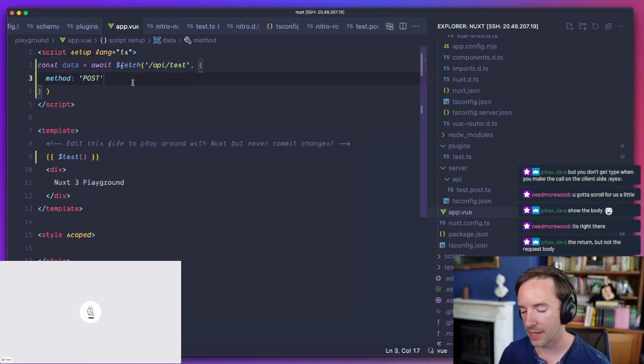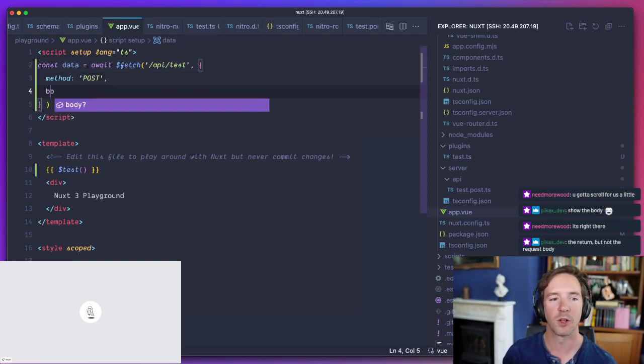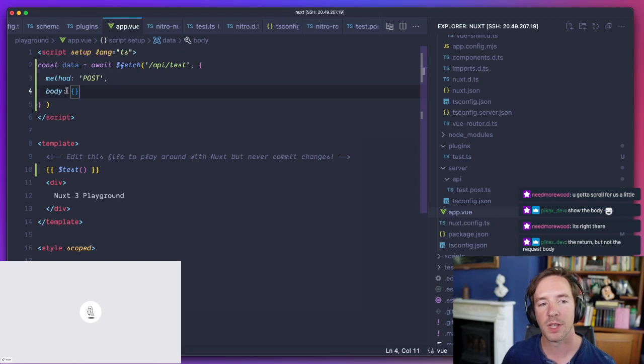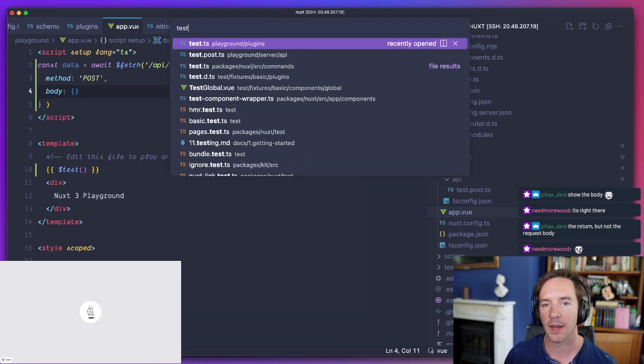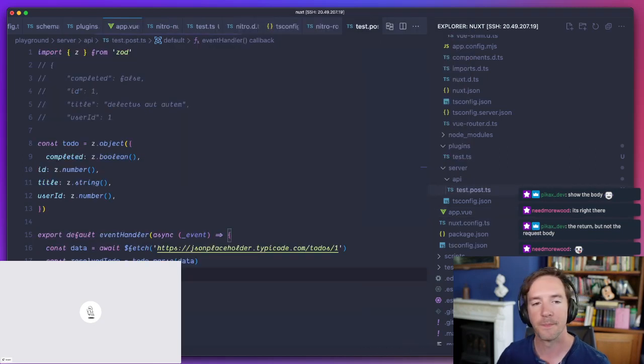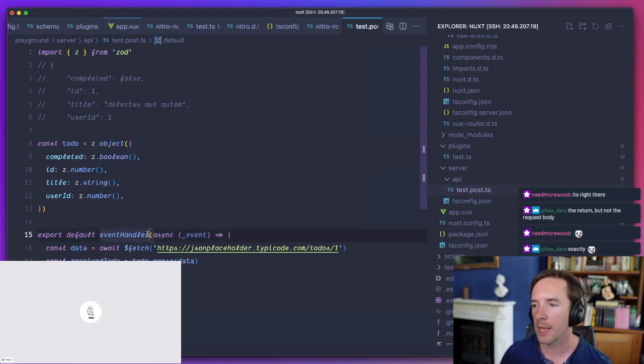So that's true. That's something that I plan to implement before long. Basically, you should be able to do some kind of typing here. I would really very much like that, and I've built this, I just need to make the PR. But basically, what we ought to be able to do is something like this.